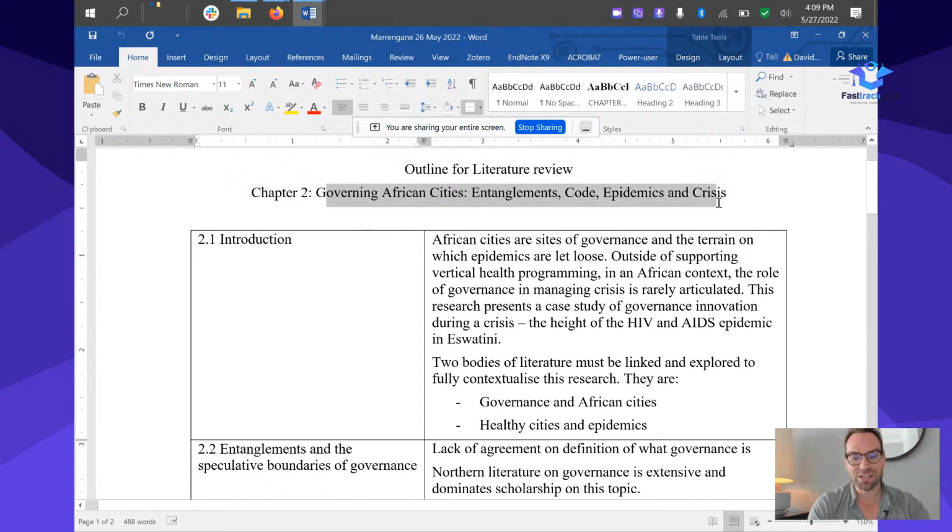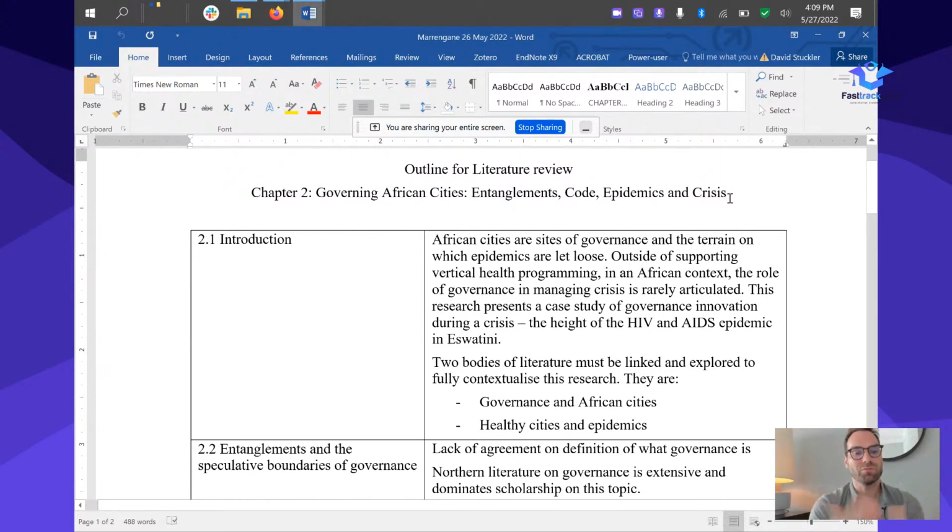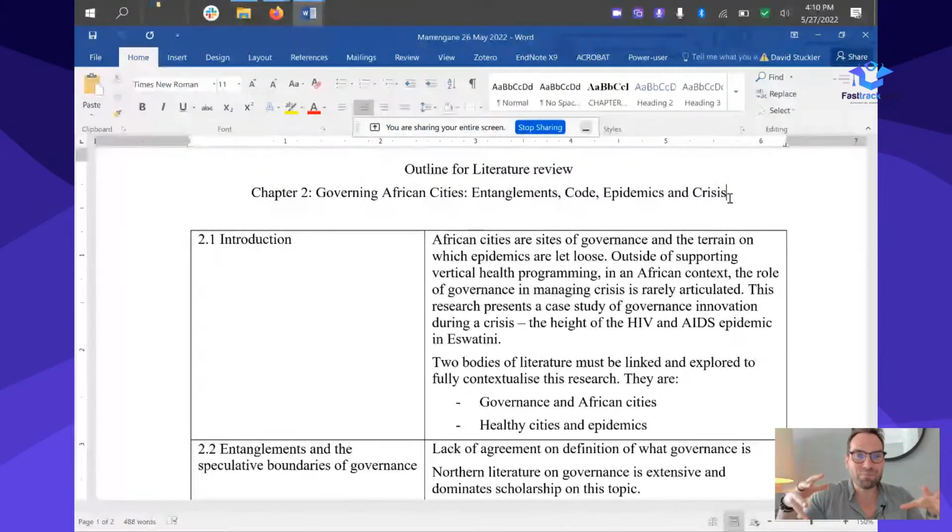And I want that even to keep it, the research is complicated enough. I want you to keep that simple already from your title. So when you say governing African cities, well, think about that. That just explodes up. That can be massive. We need to get that down. So not only do you need a central thesis and